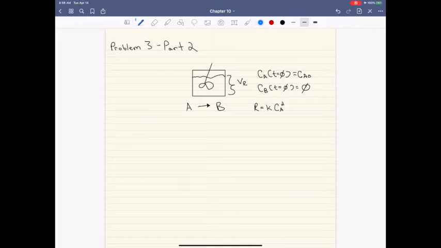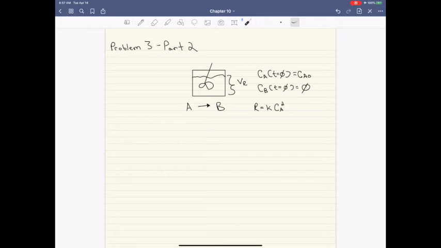In this video, we're going to go through the solution for part 2 of problem 3 of the chapter 10 lecture problem worksheets. The premise for part 2 is the same as it was for part 1. We have a batch reactor which contains some species A that's reacting to form some species B. The contents of the reactor, we're going to say the volume is V sub R,